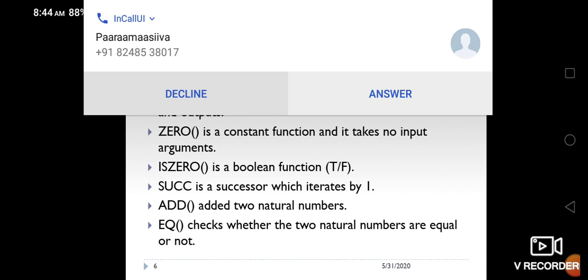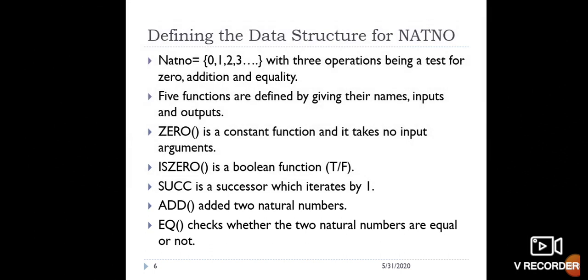You're going to define something called a natural number. You're taking natural numbers 0, 1, 2. There are five functions that have to be defined: 0, is 0, successor, add, and equals. These are the five operations you're going to perform in defining a data structure for